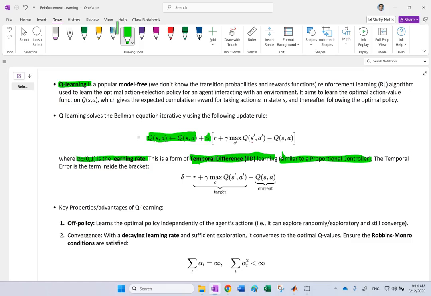So setting this alpha, the hyperparameter, is very, very critical, of course, as well as gamma and R and everything, but alpha is the most important one. By the way, this term inside the bracket, which is target minus current one, is what we call a temporal error, and we can show it with delta. Okay, so this is the Q-learning